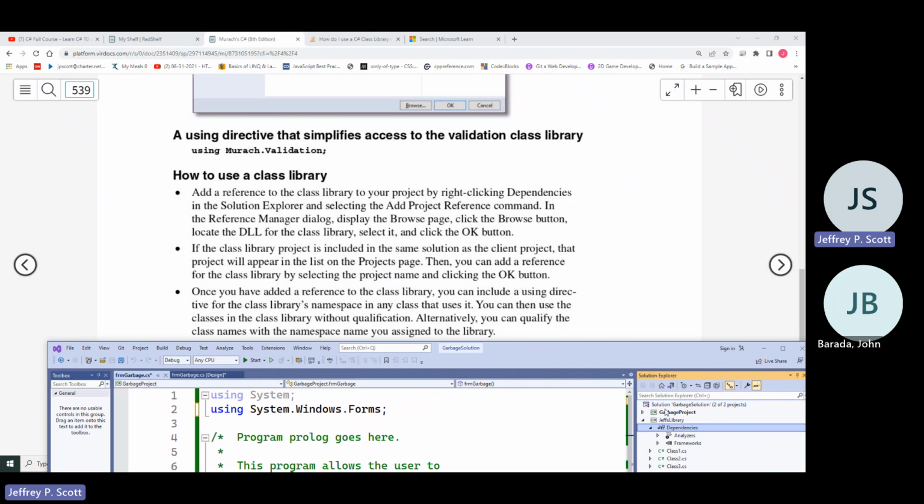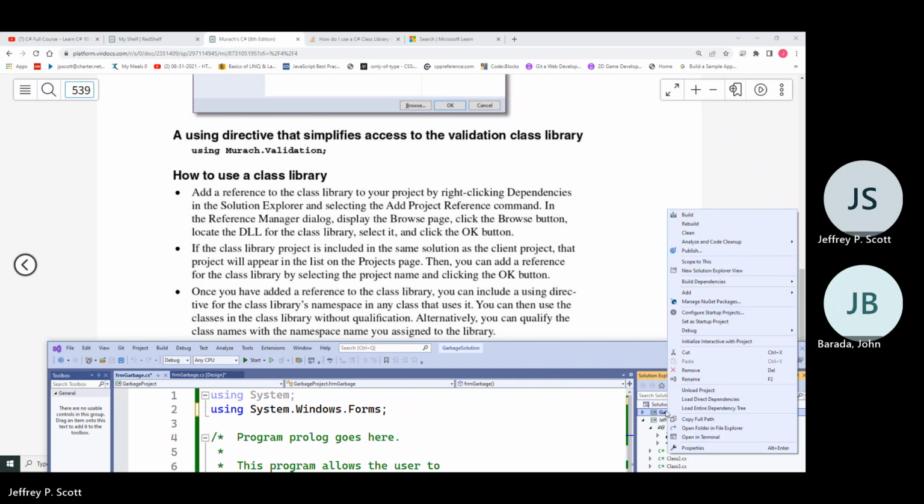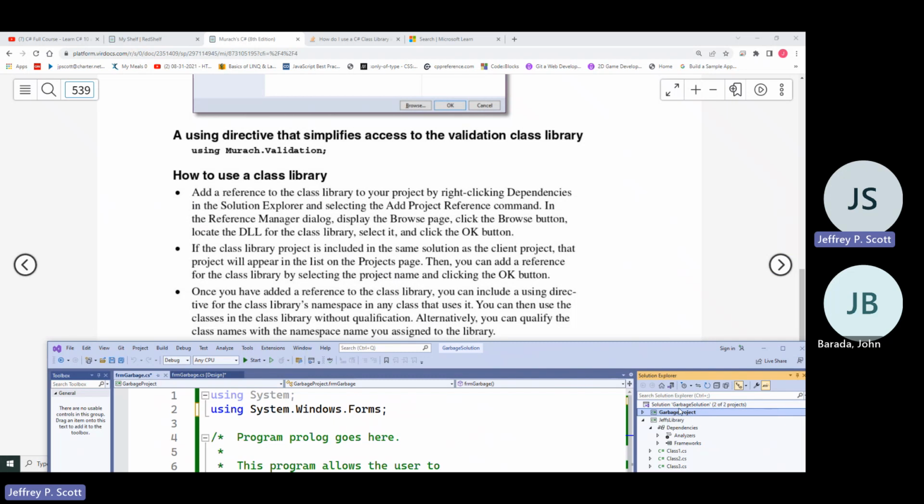Okay, I'm at my project. By right-clicking dependencies in the Solution Explorer. So I think I did it wrong. So let's try it. Right mouse click on the project.